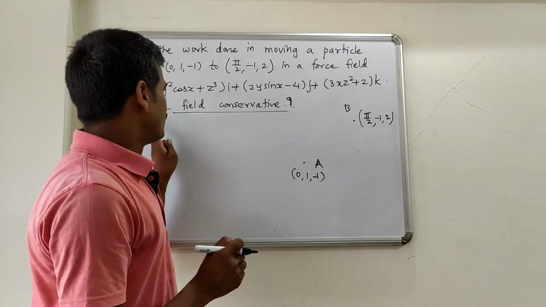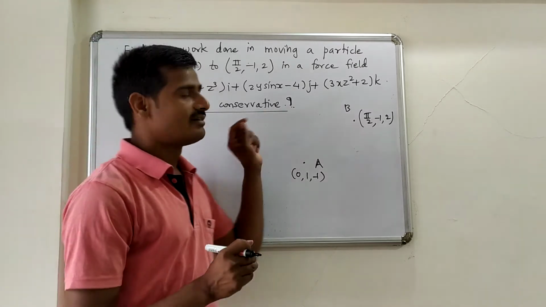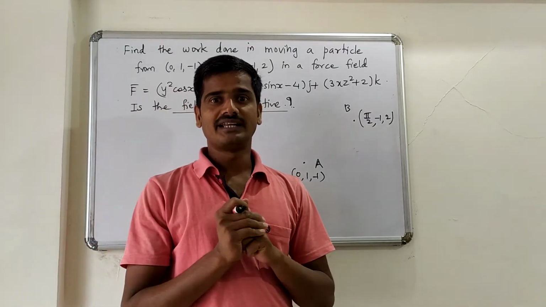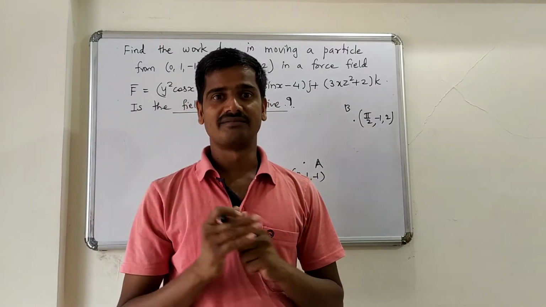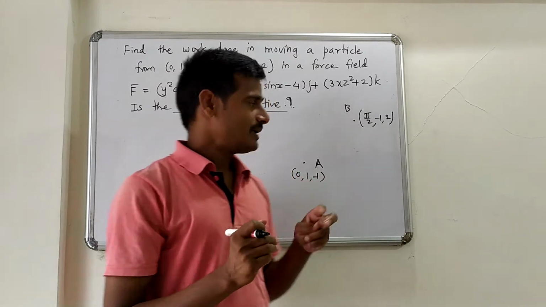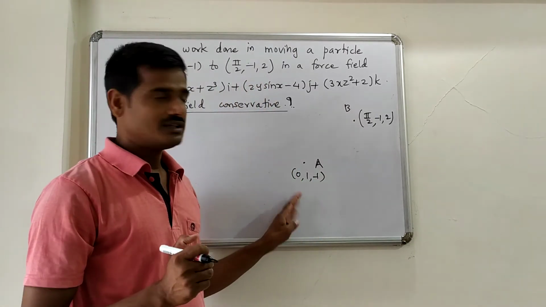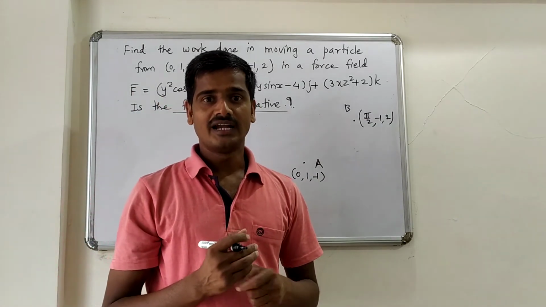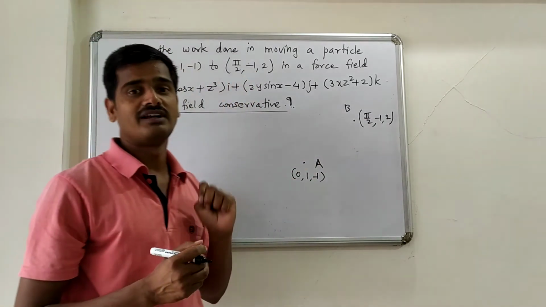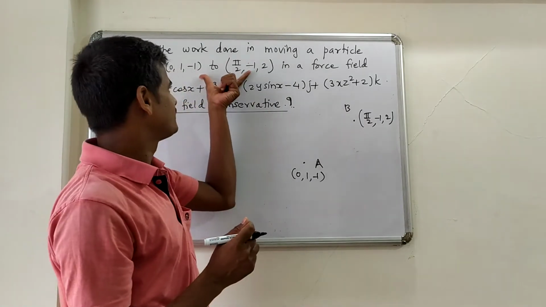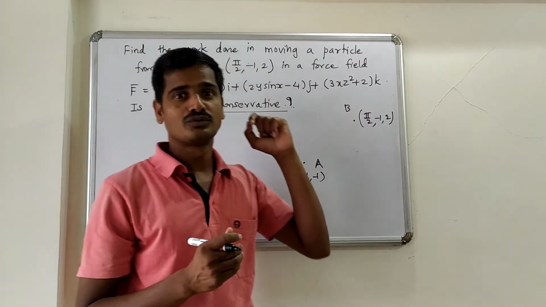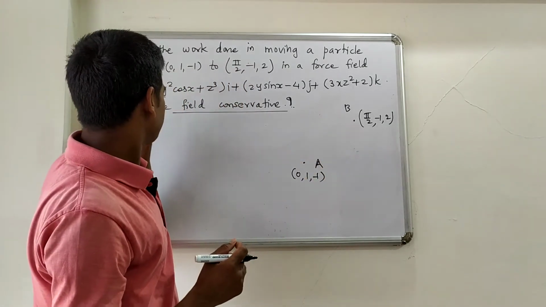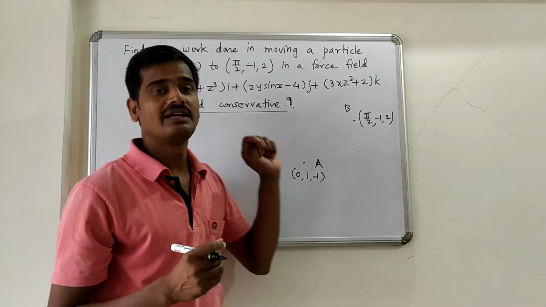Is the field conservative? This is one more additional question. So it might happen that in this example F bar is conservative, because if F bar is not conservative, then for different paths you might get different answers, and then we say that this problem is not well defined, because for different paths you will get different answers, which is not possible. So therefore in this example F bar might be conservative.